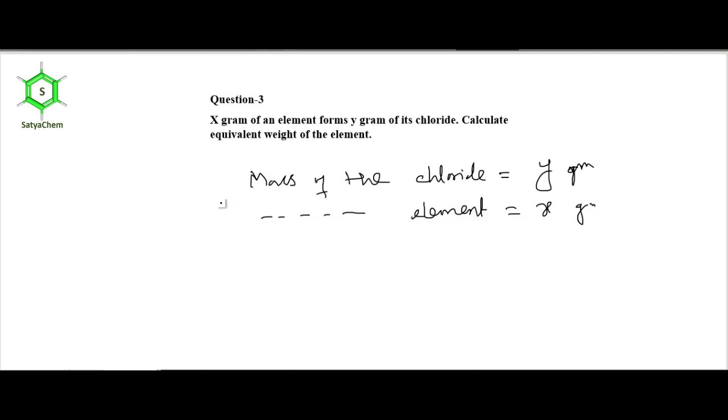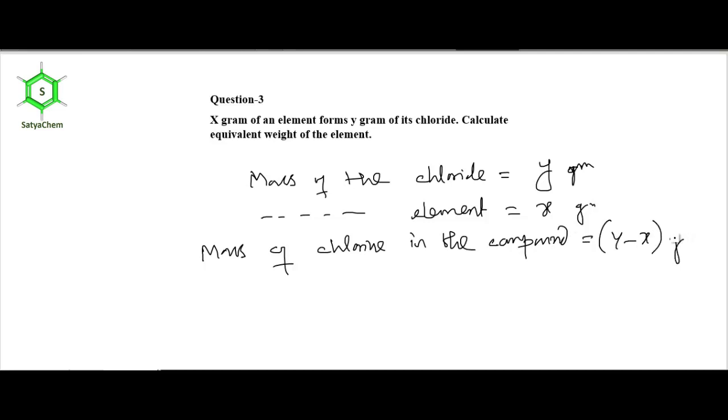the mass of chlorine in the compound. So mass of chlorine in the compound, that is chloride, is y minus x gram. By definition, we know that equivalent weight of an element is the mass of the element that combines with 35.5 gram of chlorine. So y minus x gram of chlorine